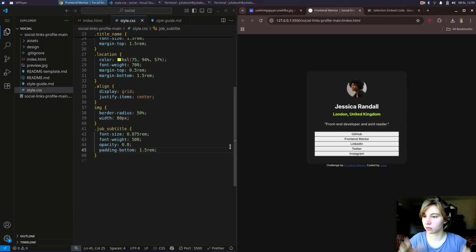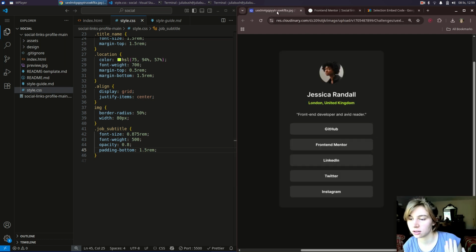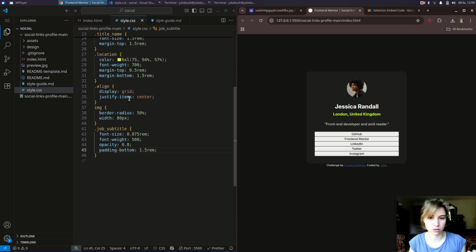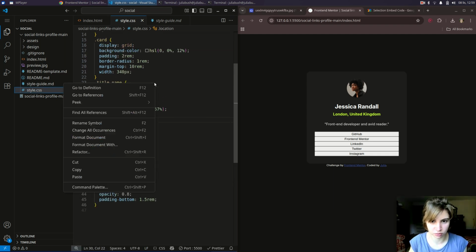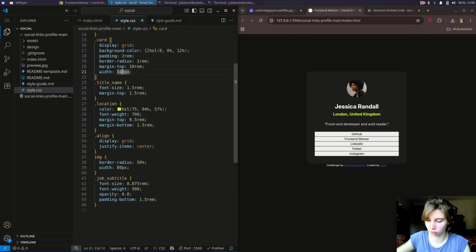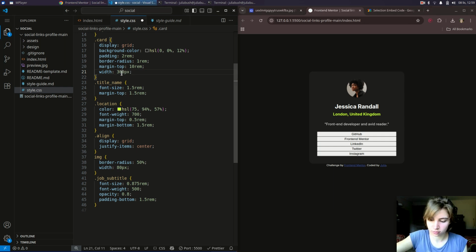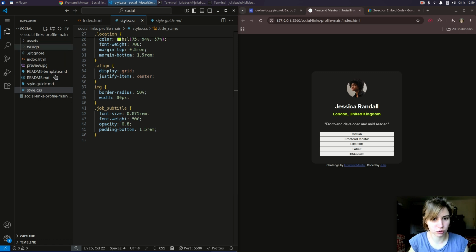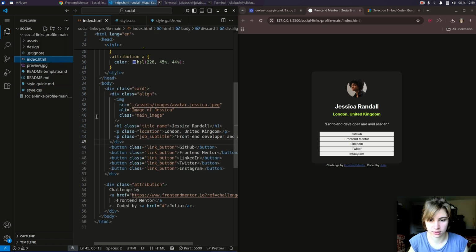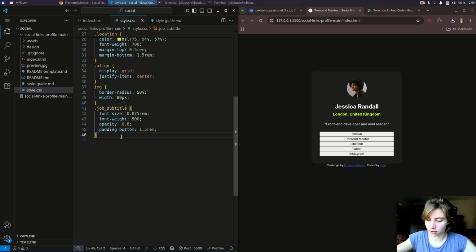Alright, and now we're nearly done with our card. We're nearly finished doing the styling. The main thing that we have to do here, by the way, actually I'm just going to adjust the width of the card because I think it's a bit wide now looking at it. Still feels a bit wide. Alright, now we're going to go ahead and do our buttons, and that will be the last thing that we have to do. So all of them are the same, .link button,